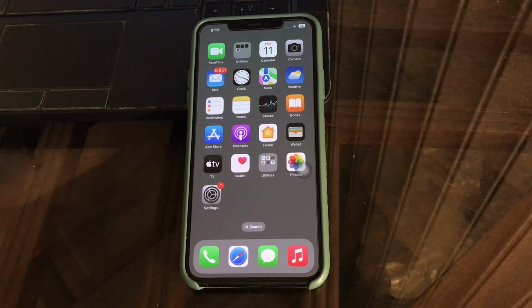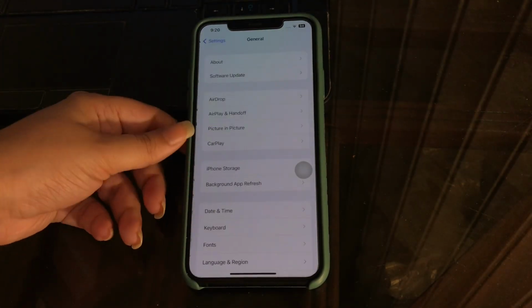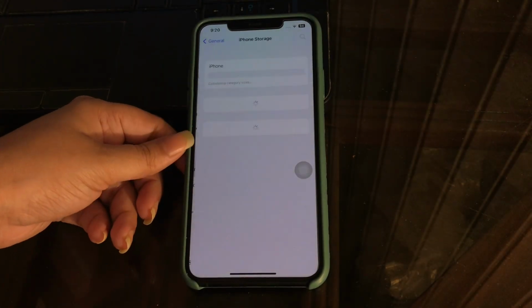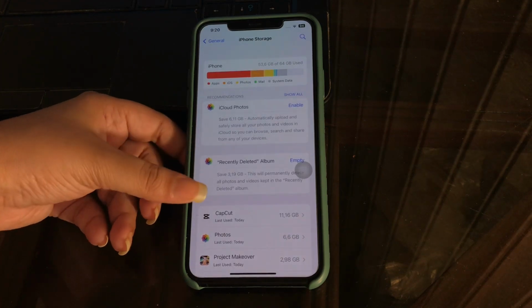And the next step is reinstall the application or widget. If there are any problems related to the application installed on your iPhone which is used as a widget, uninstalling it and then installing it again on your iPhone might work perfectly fine. So for this, go to settings, tap on it and then tap on general, tap on iPhone storage, wait until the page is loading, scroll down the page